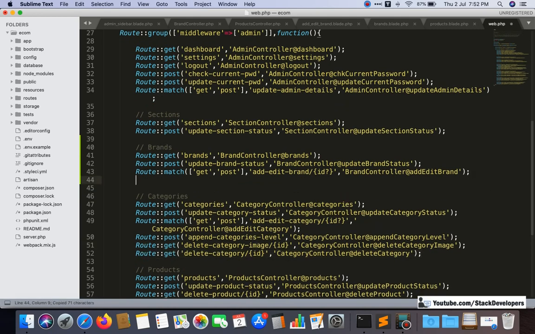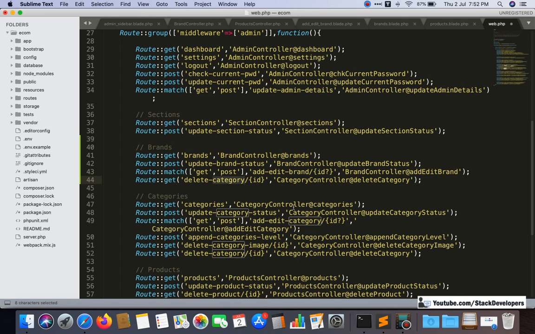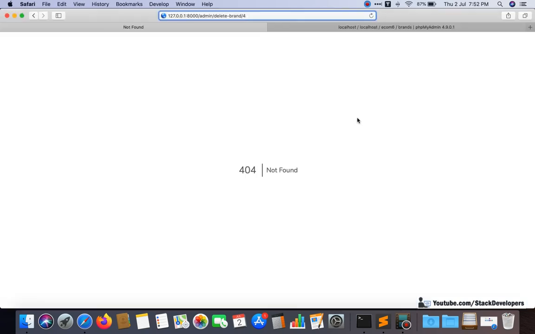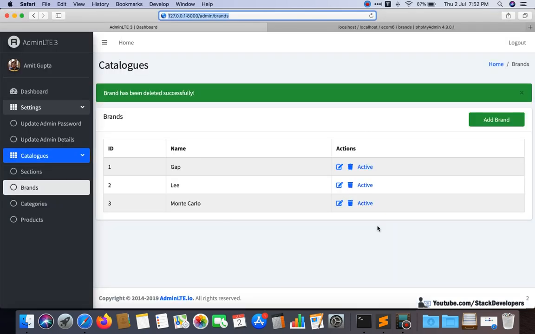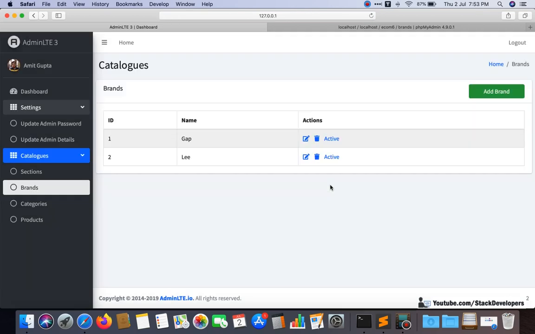Just copy it and change it: delete brand this time, the brand controller, and here delete brand. So all done. Now we can see the brand has been deleted, and this one also we want to delete. Fine, yes, delete it. Just 2 brands have been left. So delete is also done.